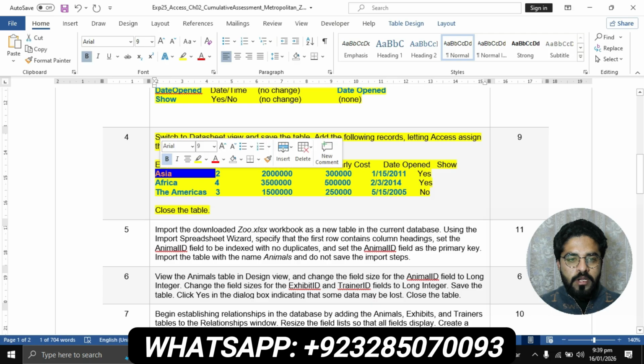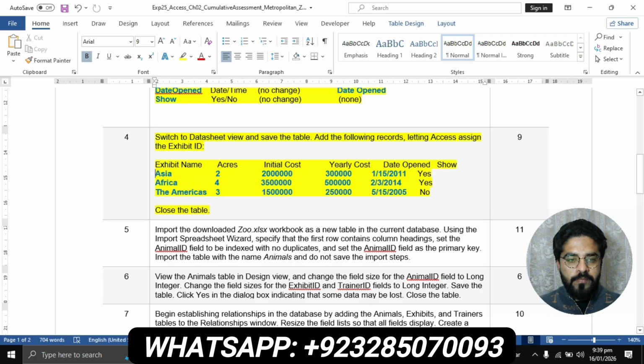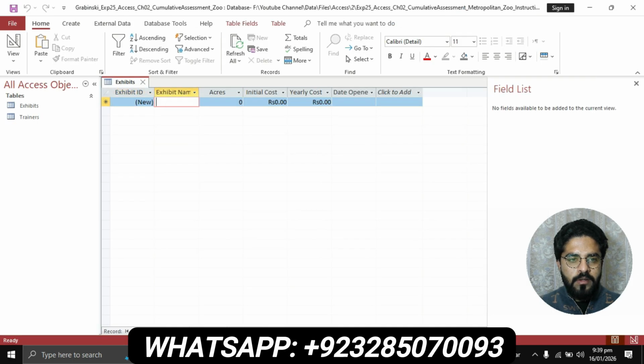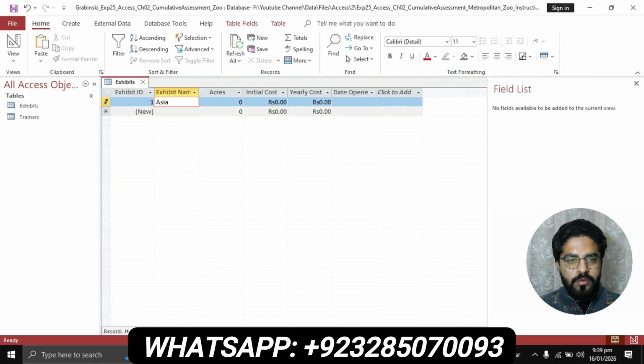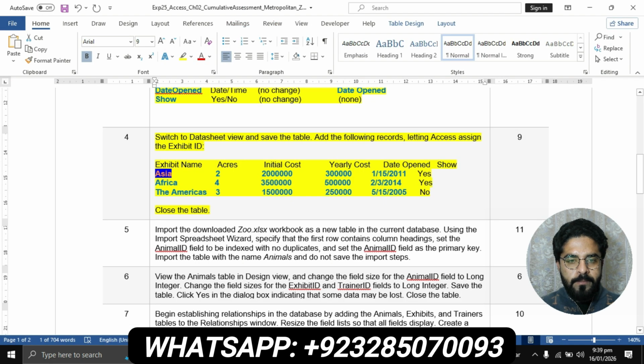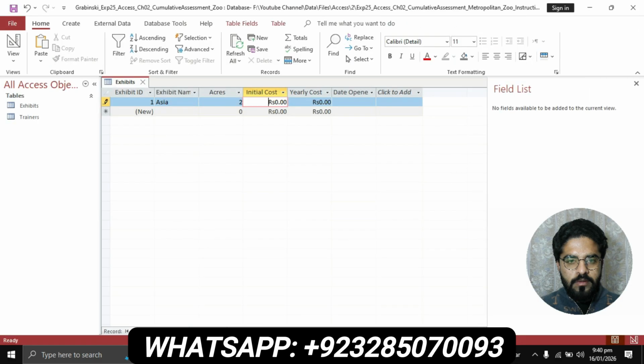First you will have to copy the name Asia in the exhibit name field, Asia, then increase R2, set 2, then copy this initial cost